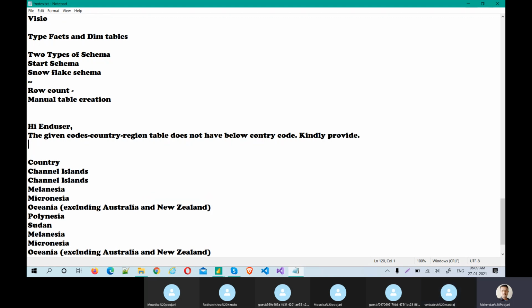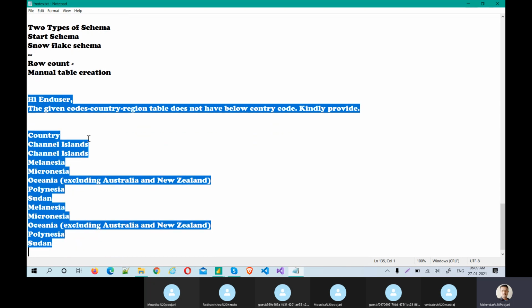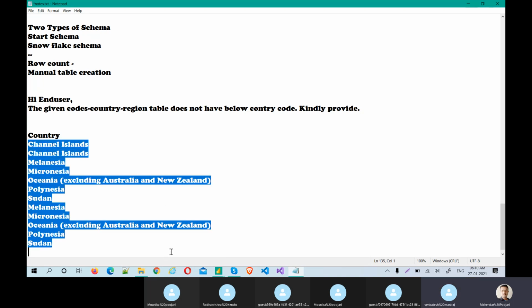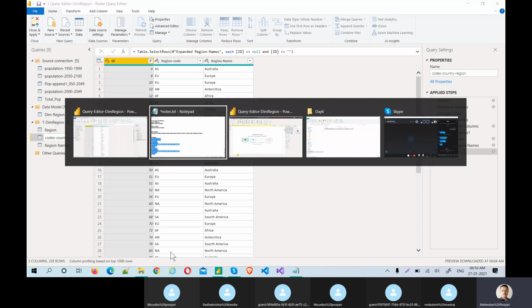Okay. Let's assume you have written this email and they responded back saying, no, no, guys, these are just for now. Even they are not for now. Make it Europe. Or excluding Australia and New Zealand, Oceania. So Oceania for Oceania. That's how you assume that somebody is actually speaking, right?